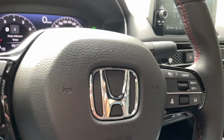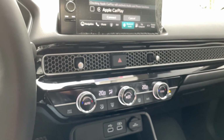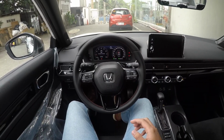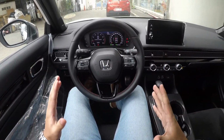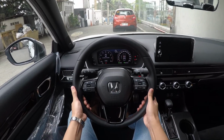Looking at the interior of this thing, I cannot tell you guys how livable it is. So we do have power seats, I believe a 6-way adjustable or 8-way adjustable seat. And it just feels so comfortable. The seats, they're a bit firm, but the way they're shaped, it just makes you feel comfortable. All right, we do have our adjustments